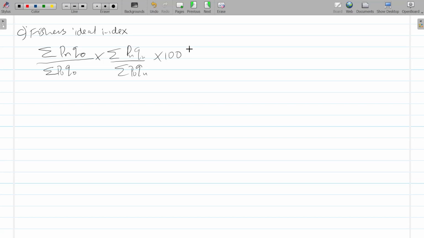So the first one, without multiplication by 100, it will be 3.4684. Of course, we multiplied by 100 for us to get 346.84. So without it, we have 3.4684. Then the second quotient is Paasche, and that one will be 3.8362. So now this one, we multiply by 100. When you multiply by 100, we get